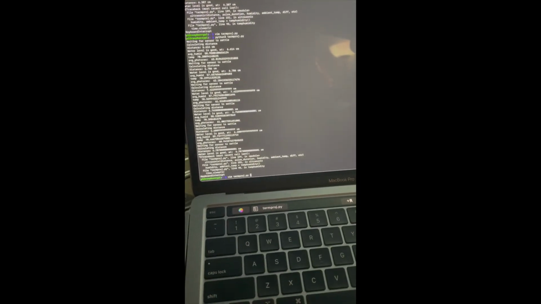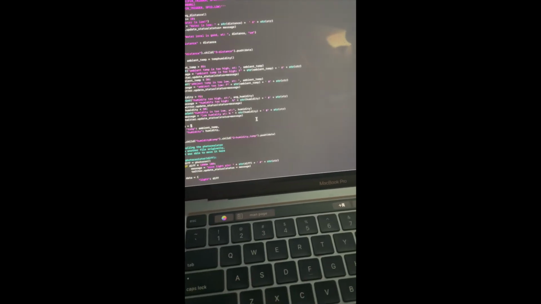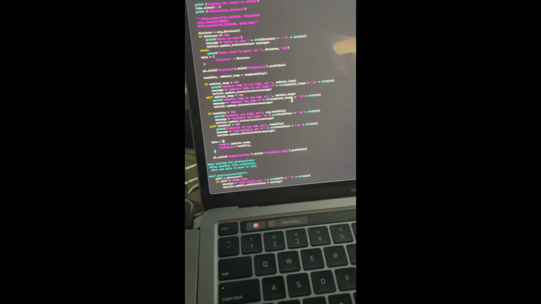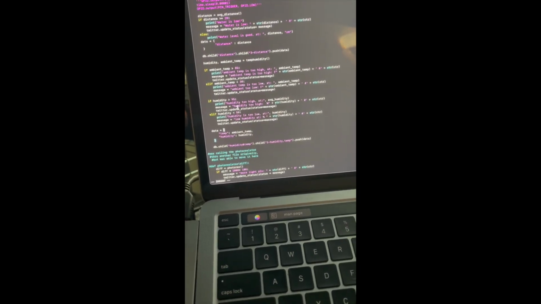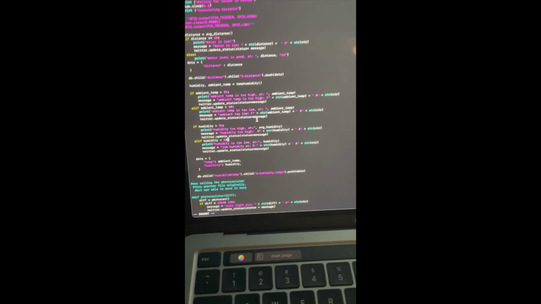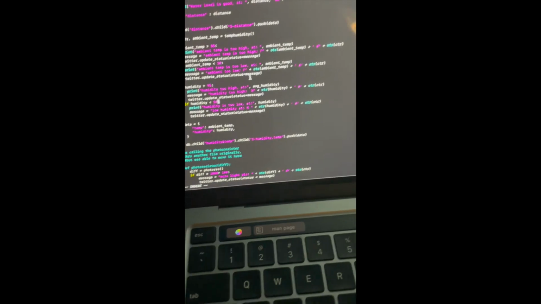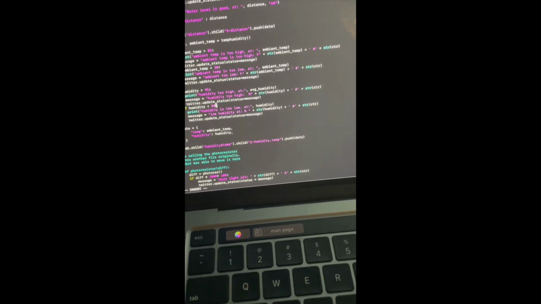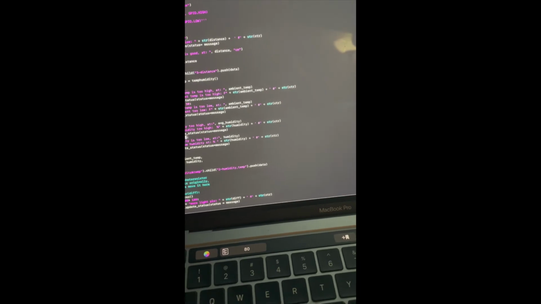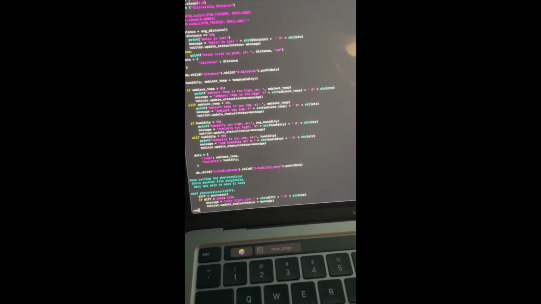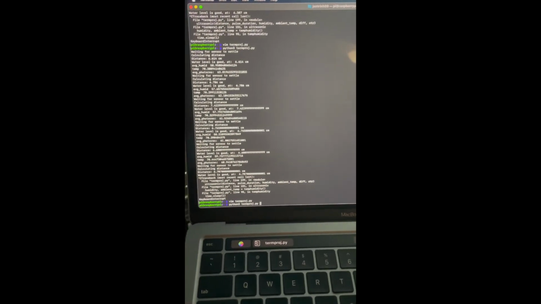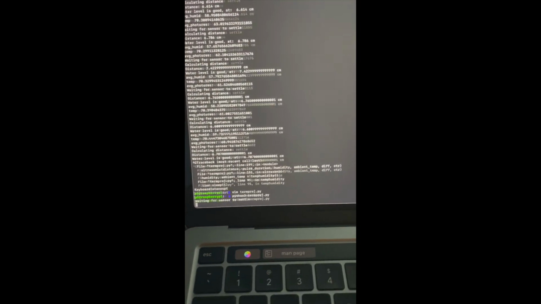Or to force the program to flag a warning to be sent out to Twitter, just to force the case for the demo, I can maybe set the conditional for the humidity to a very high value, which wasn't the case for the test scenario because it wasn't the threshold for the roses. But if I was to set the bound and force the flag just to demonstrate the Twitter aspect of the flags and the warnings, and then if I run the program,